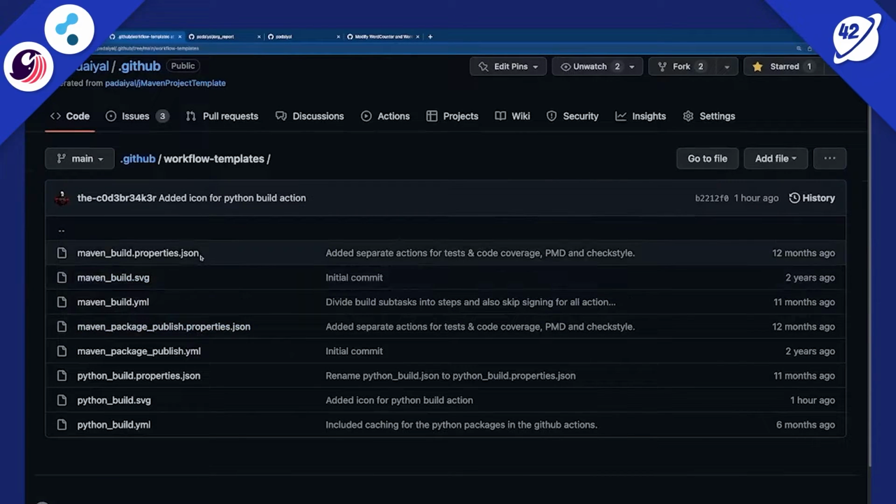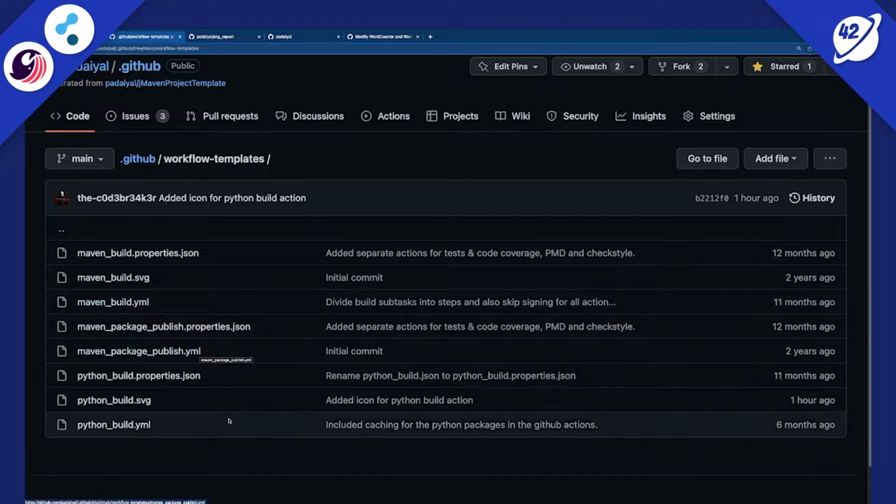As you can see, there are 3 actions over here within this folder. One would be the Maven build YAML, another would be the Maven package publish YAML, and another one would be the Python build YAML. We're going to look into the Maven build YAML as an example action. And as you can see, there are 3 files associated with this action. One would be the properties.json,